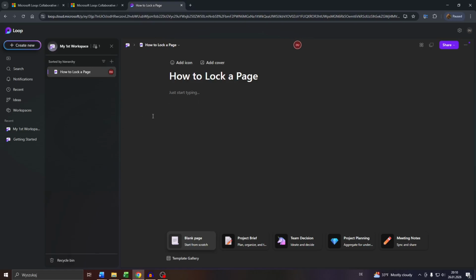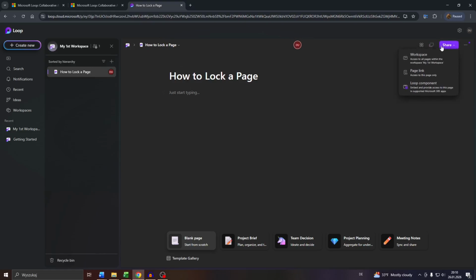In the first step, navigate to Microsoft Loop. In the second step, navigate to Workspaces on the left hand side, and in the third step, select the workspace you would like to go with. After that, in step number 4, select the page from that left menu here. And in the final and fifth step, guys, click into Share here in the top right corner of the open page